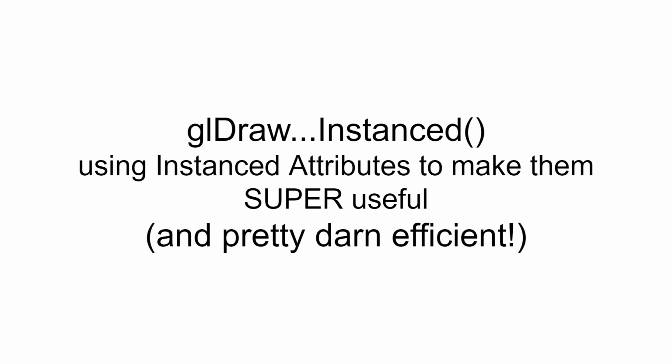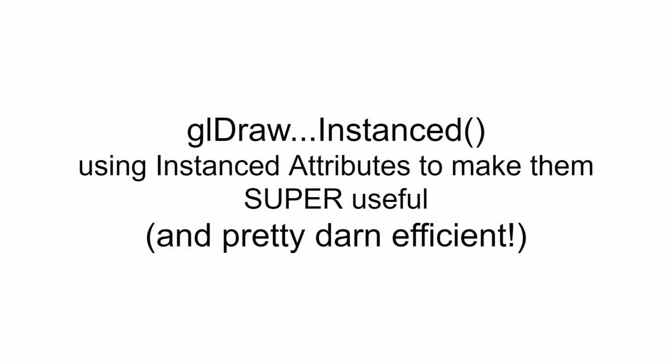Wouldn't it be great if you could use instancing to say, okay, I have a model of a cube, and I want to draw a bunch of those with slightly varying attributes? The model's the same, maybe the color's the same, maybe the texture's the same, but in the simple case, I want to have them at different locations, different positions. It turns out instancing can be super useful in that case. Think about particle systems or some other examples I'll show in a second.